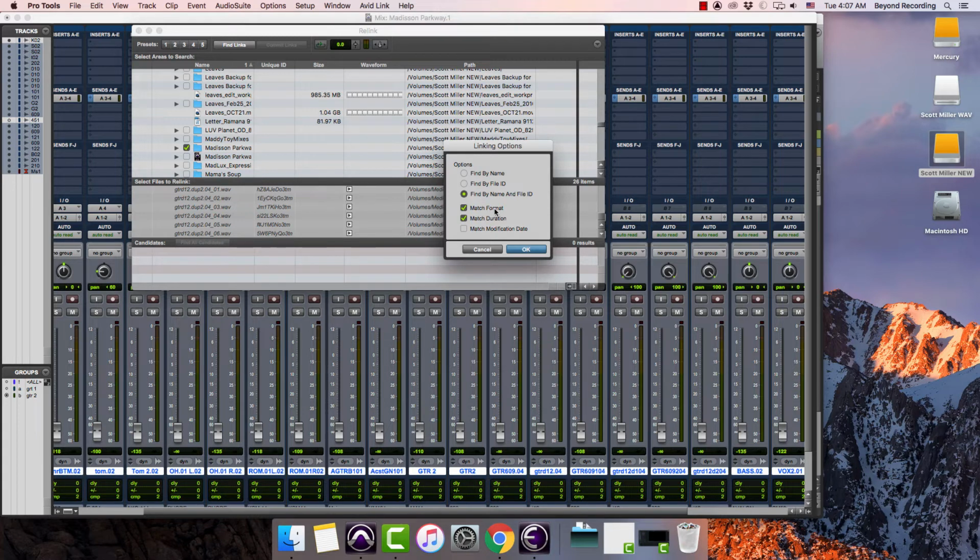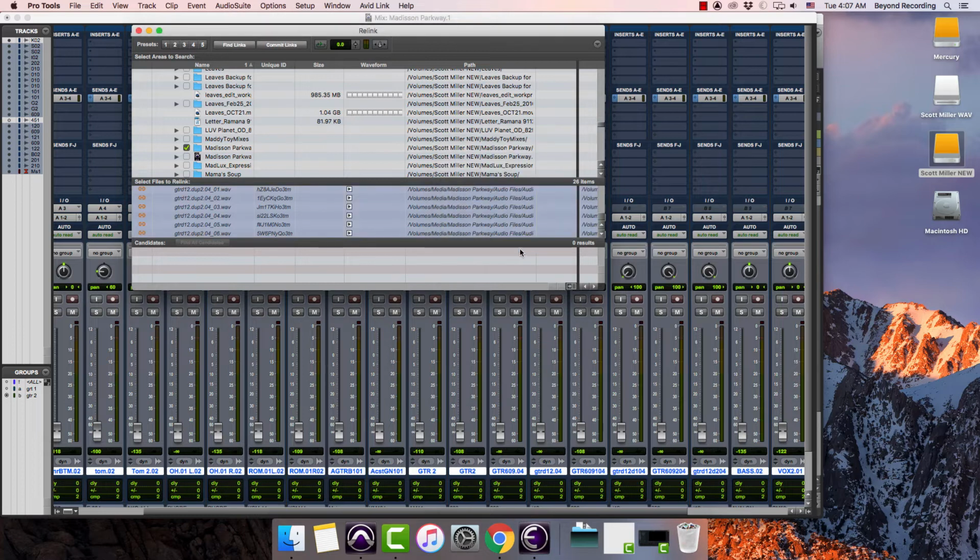You can match format, so sometimes you'll have multiple copies. Maybe it's in a broadcast wave and you have another copy and it is in AIFF. Maybe you'll have multiple durations. Maybe you've consolidated a file or something like that. So in this case, these are kind of rare instances. So most of the time when we would do this, we would just use its default, which is find by name and file ID. I would click OK, and then it found all the files that I expected it to